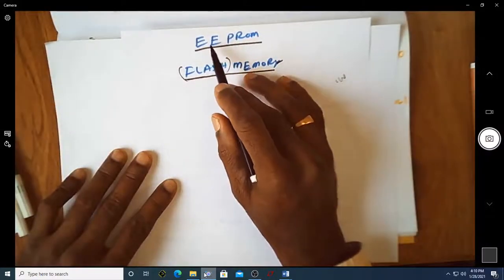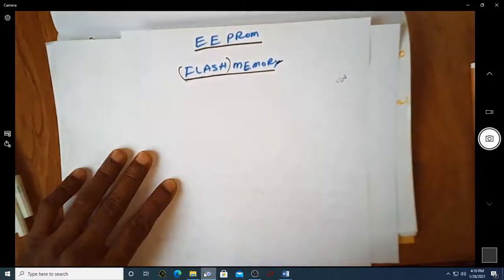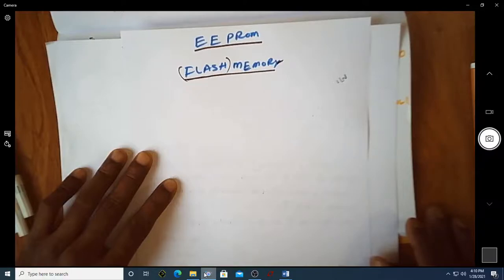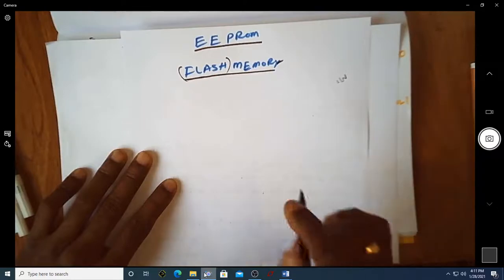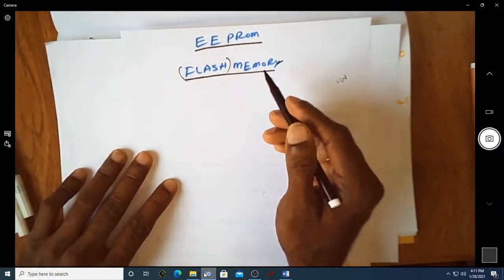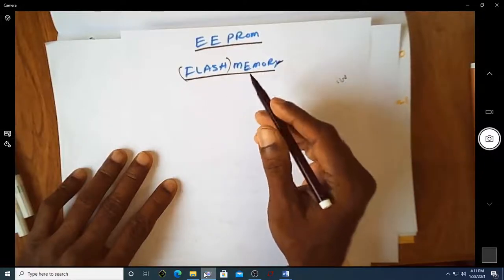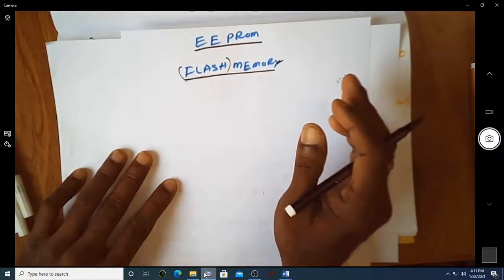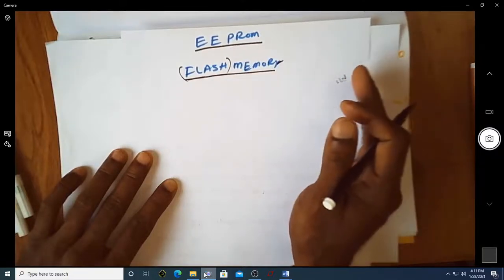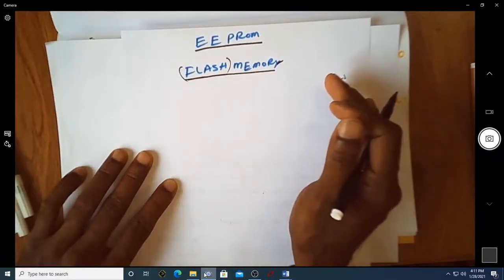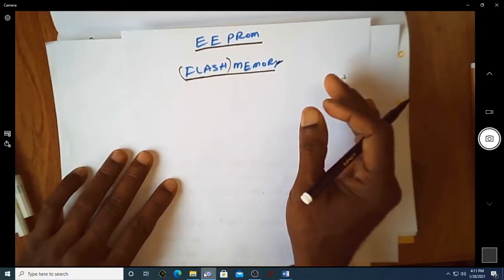In any of your EEPROM we were using MOSFETs with different threshold voltages, meaning we used to make the threshold voltage of a few MOSFETs more, and a few of them are retained at the earlier value. Now using this flash process you can bring back the threshold voltage of all the MOSFETs to a single or the previous value, that is the default value of maybe around 0.4 or 0.5 volt. Even though a particular MOSFET is enhanced with the threshold voltage, we can bring the threshold voltage of all the MOSFETs to the default values.